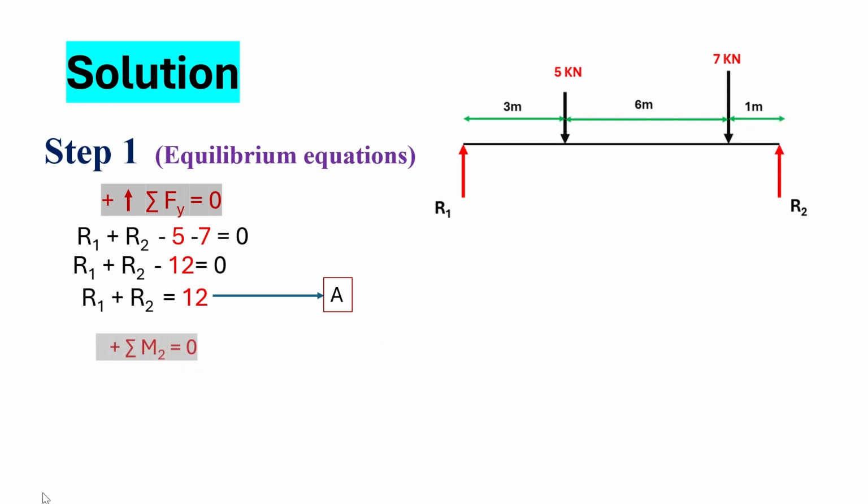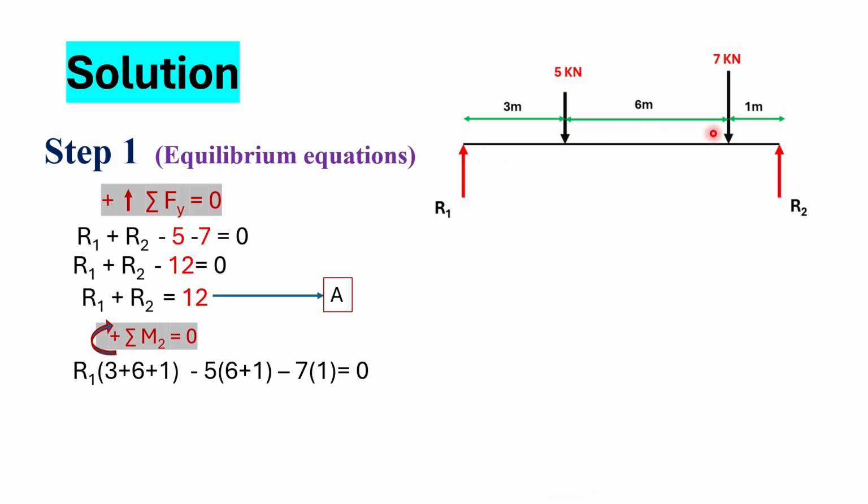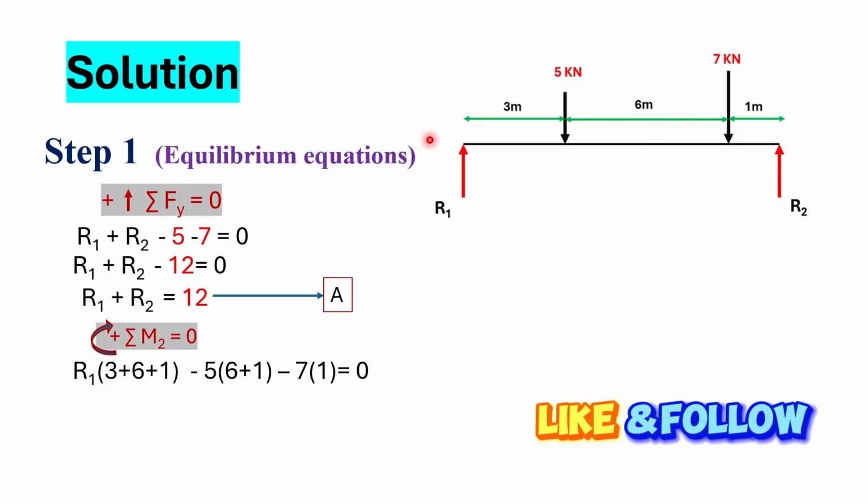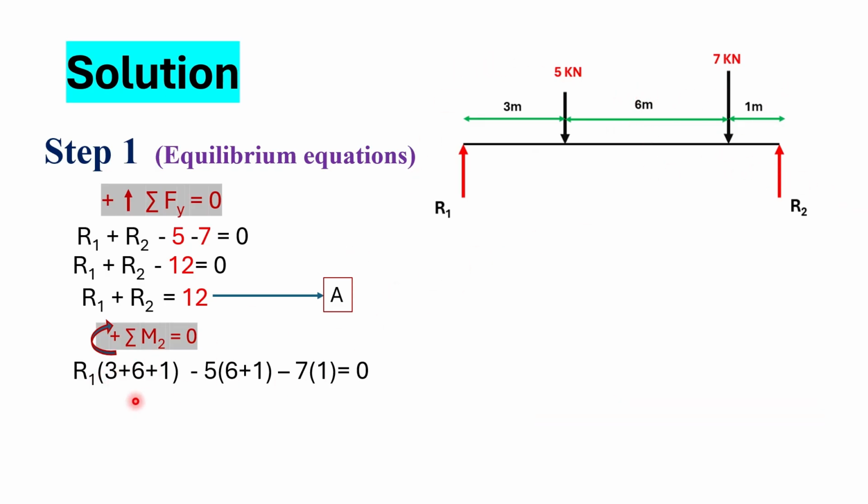For this, I am taking the clockwise moment as positive. So all the clockwise moments at this point will be taken as positive, and all the anti-clockwise moments will be taken as negative. So here you can see the calculation: R1 into this perpendicular distance, which is 3 plus 6 plus 1, means this is a force and the perpendicular distance is this. So R1 into 3 plus 6 plus 1, which is 10, and this 5 into 6 plus 1,